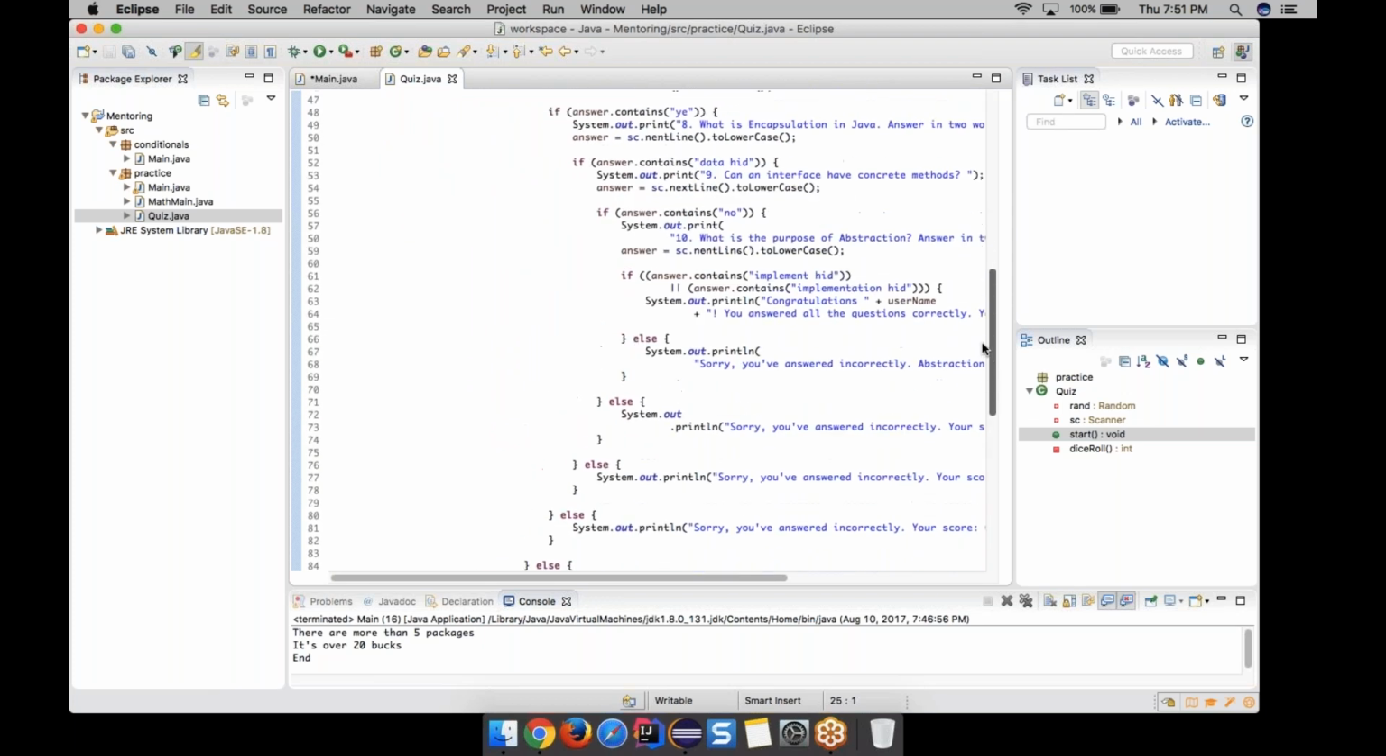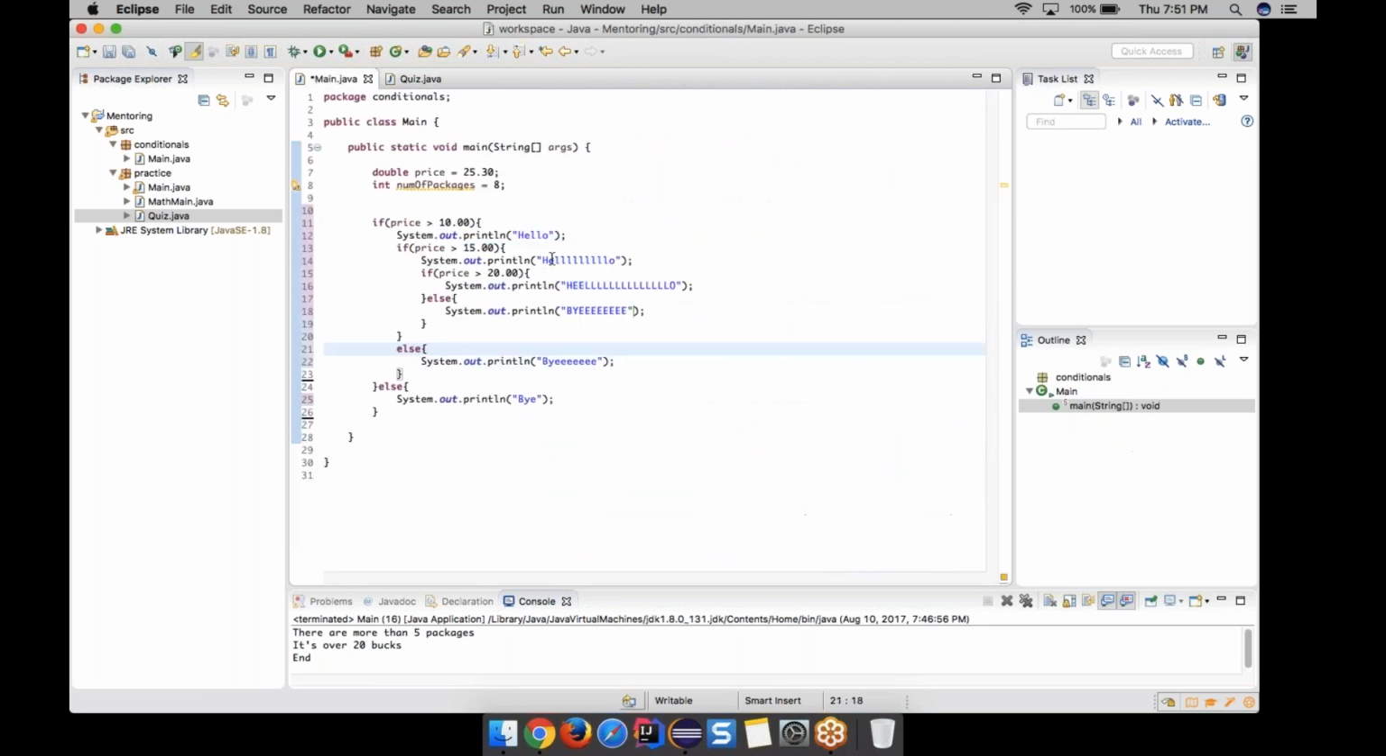Isn't it that it will execute line by line? Yeah, it will execute line by line. So let's check on this if else statement right here. So our price is 25 bucks and 30 cents, right? So if price is greater than 10, is this true or false? This is true, right? So it's going to print out hello, and it's not going to print out this. Because this is true, now it's going to go to the next if statement, right? So if price is greater than 15,